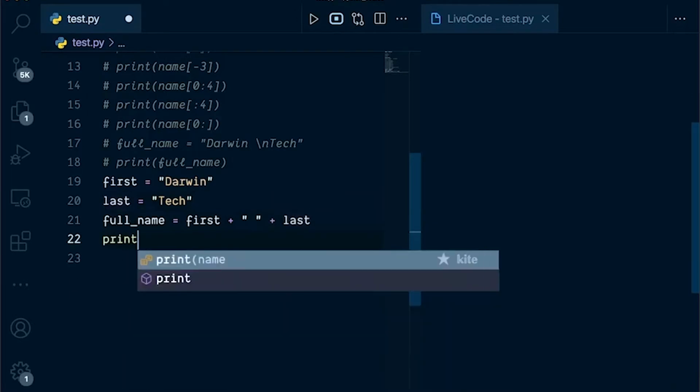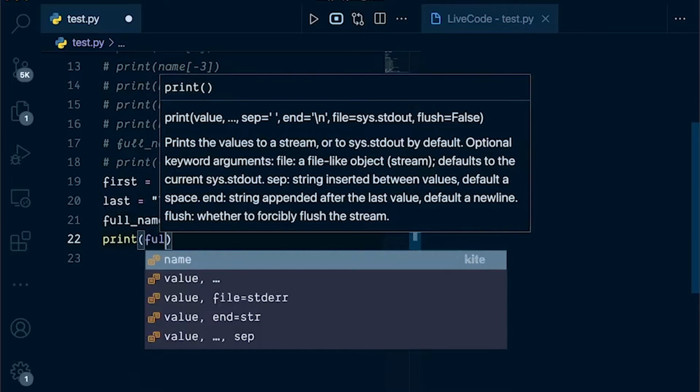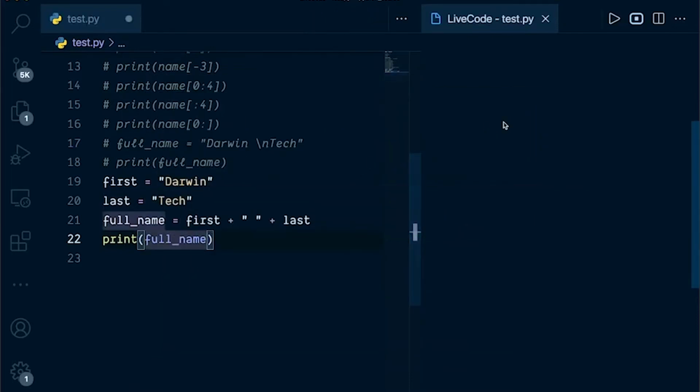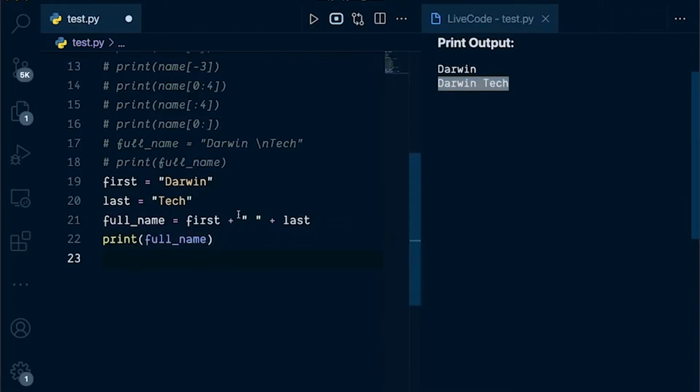So let's just print that out so you can see what that looks like there. Full name like that. Come over here, and we can see we have our Darwin Tech full name. So this works fine. You can do it like this, but in more recent versions of Python, there's also